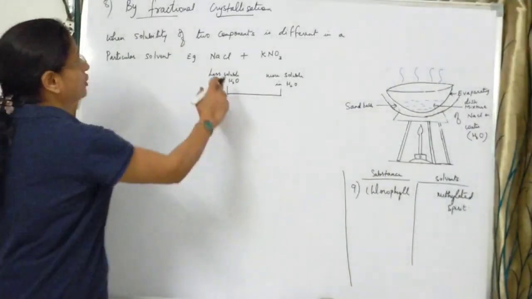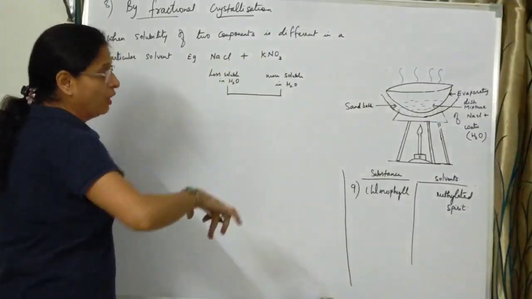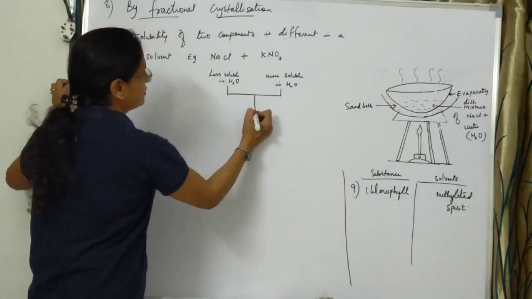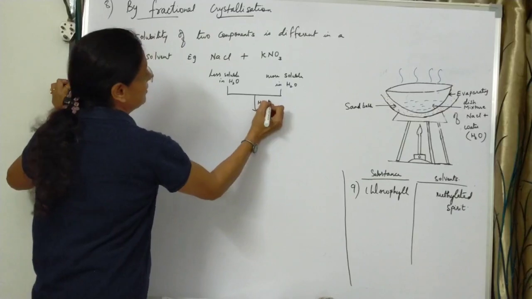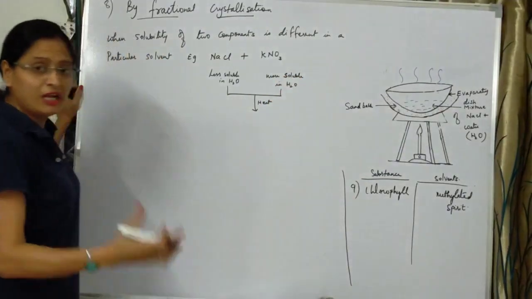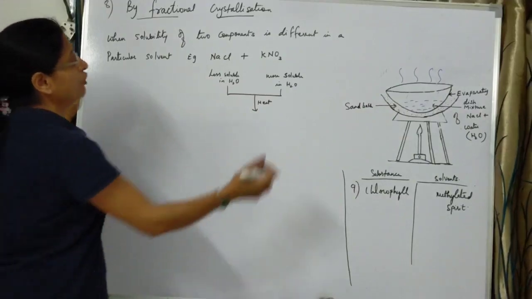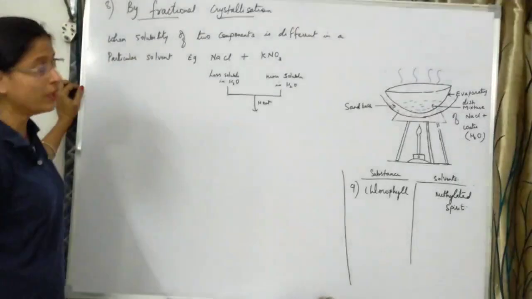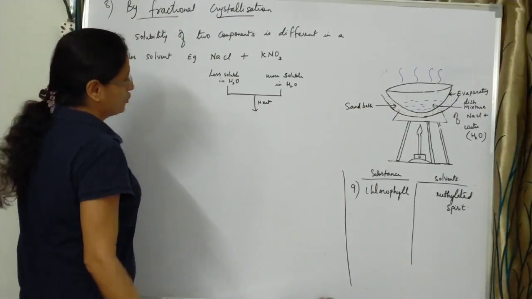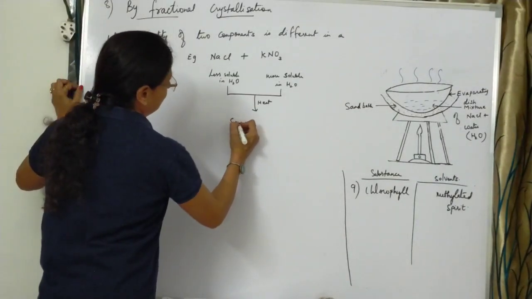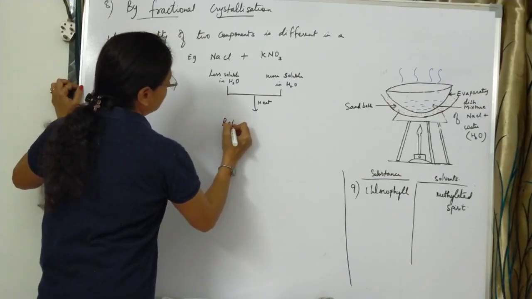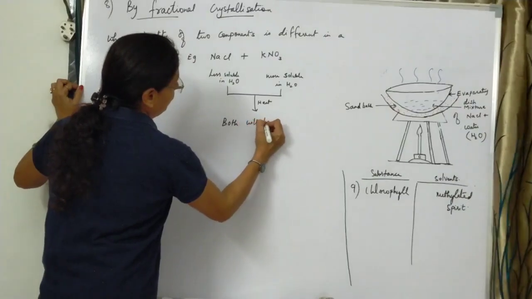What you do is that to both the components you add water and you heat this solution. So when you are heating it, this solubility being more, it will be easily soluble in water. Water will take up more of potassium nitrate as you are heating it. And after heating it, both the components are getting soluble. We can write down over here, both will be soluble,